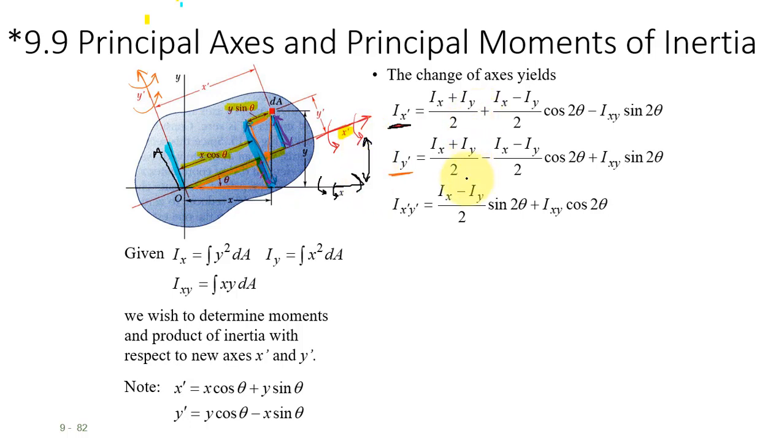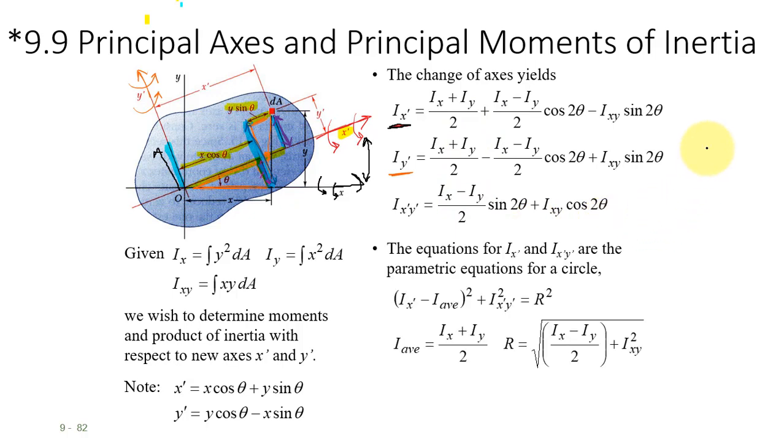And if you look at these equations, they end up following this circular pattern. And the circular pattern is known as the Mohr's circle, and it relates the inertias around differently oriented axes. So here we have the inertia around the new primed axis. Here's our I average, Ix plus Iy over 2, and it behaves like a circle where the radius of the circle is kind of the difference between these two guys, and this is where the product of inertia really comes